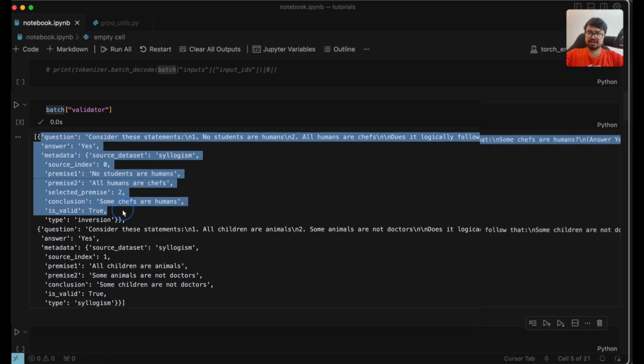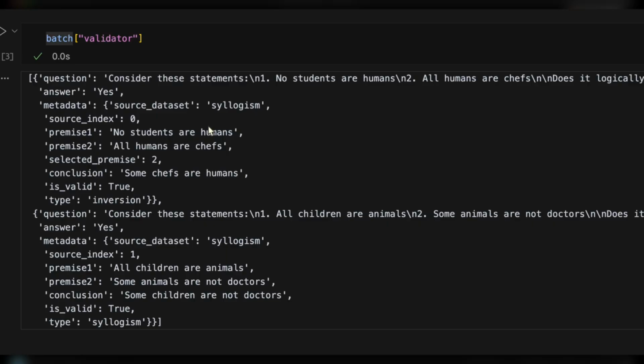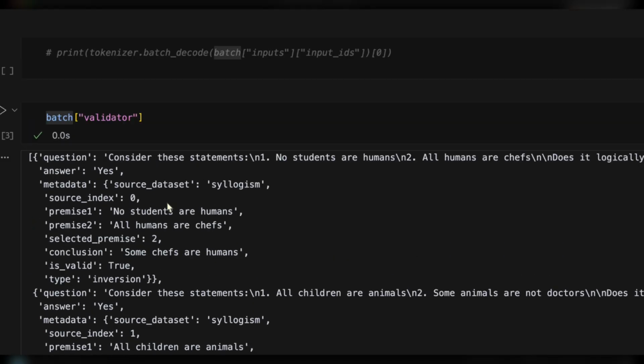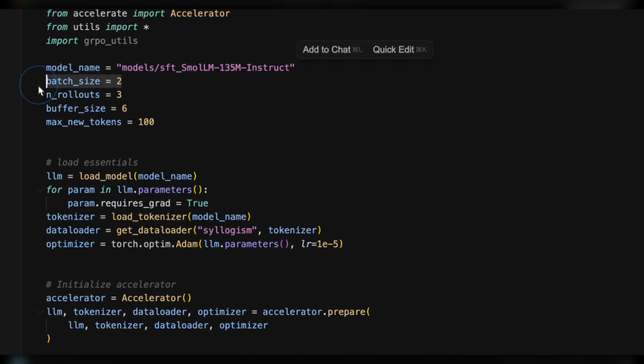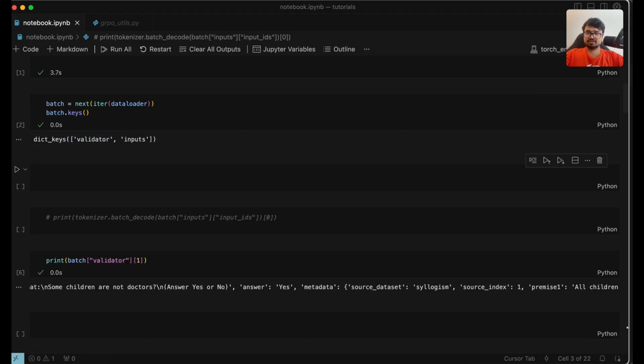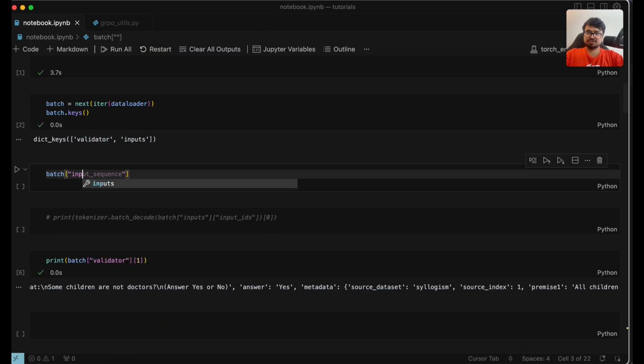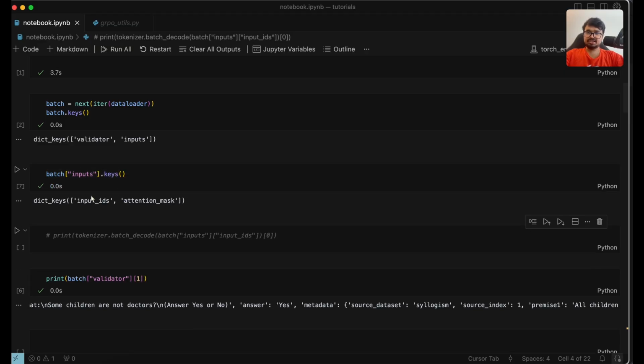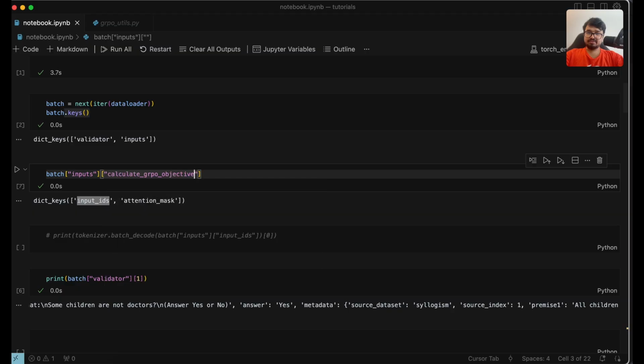And here you see that we have two questions. Question 1, question 2. We have two questions because up here we had set the batch size to 2, which means at each step we're going to sample 2 questions from the data loader. So we looked at what the validator is. Now let's look at what the input looks like. Batch inputs is basically going to be a dictionary which contains the input IDs and the attention mask. If I look at the input IDs,